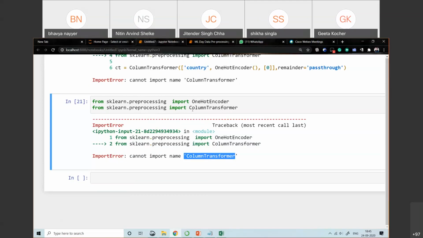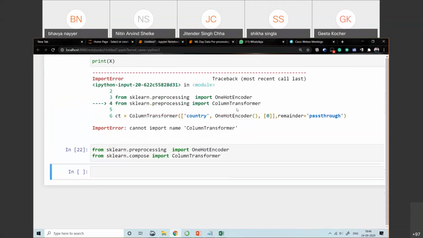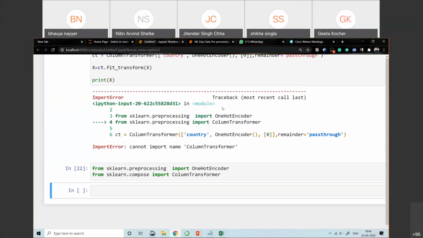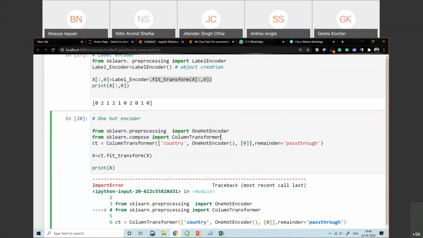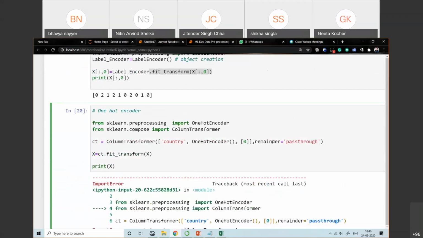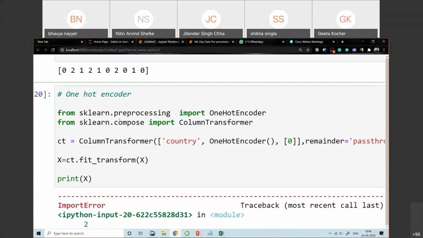ColumnTransformer is not in sklearn.preprocessing. Wait, I need to check it. I think it's in compose. Let's check. Now it is fine. So just replacing this part: ColumnTransformer is not present in the preprocessing library, it is present in sklearn.compose. That's why we were getting the error.